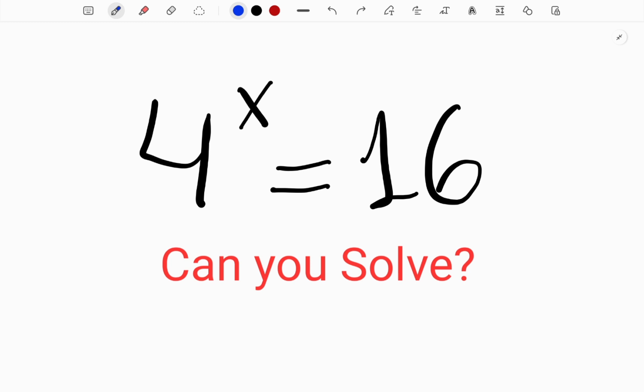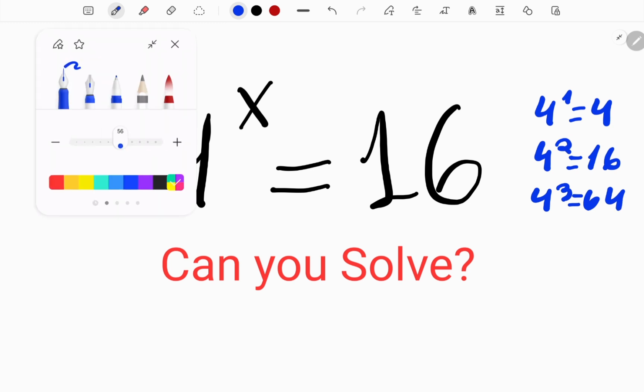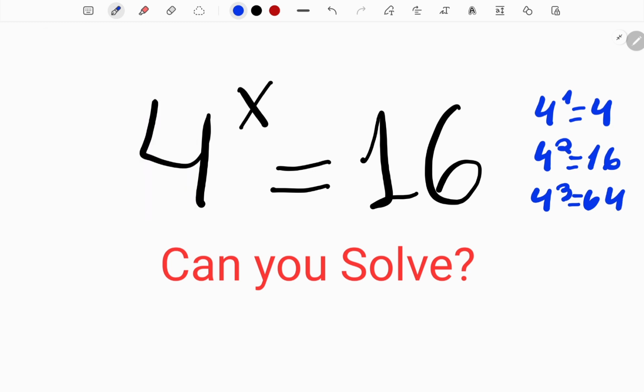We know that 4 to the power of 1 is 4, 4 to the power of 2 is 16, 4 to the power of 3 is 64. As we can see, 4 to the power of 2 is 16. This means we can write 16 as 4 to the power of 2. This is an important observation because now we can substitute 16 in the original equation with 4 to the power